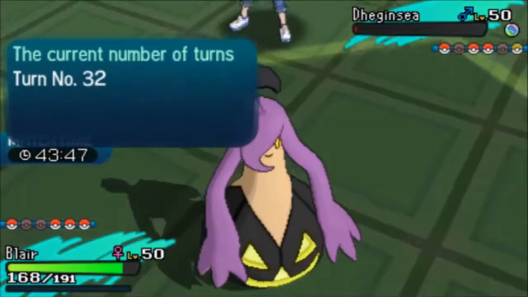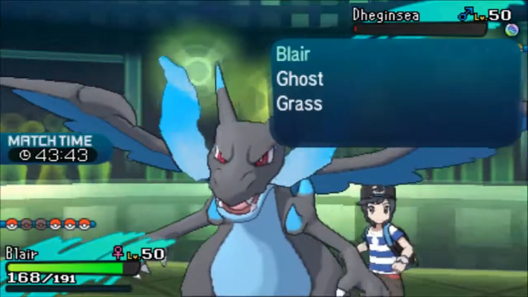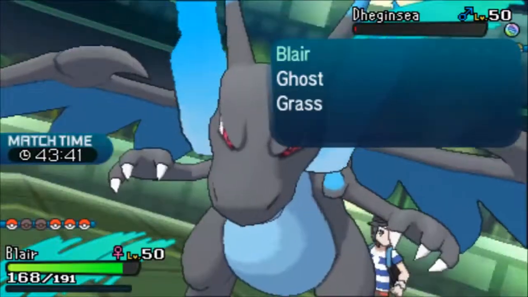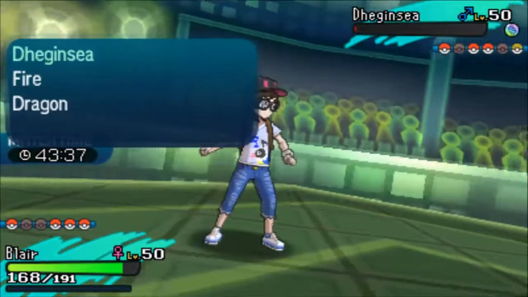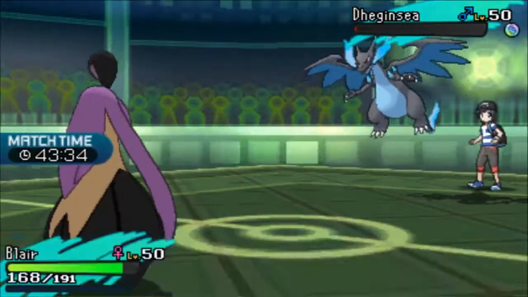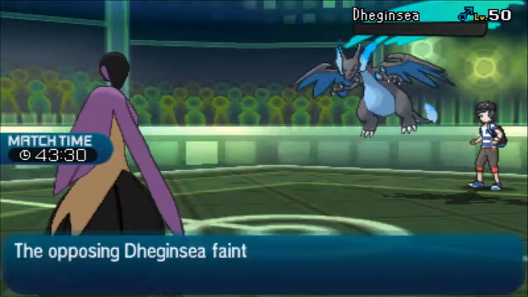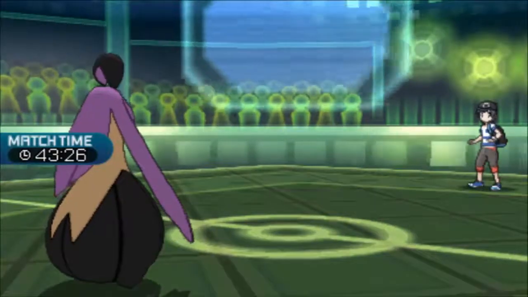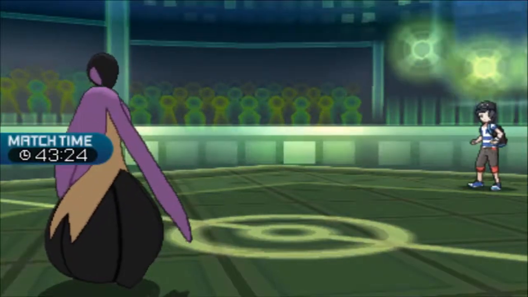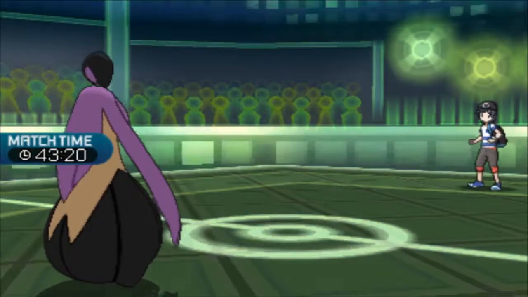Oh, this Charizard. I really want him to stay in. Okay, stays in, and Blair's going to pick up the kill on the Zard. Blair was literally made just to deal with a Charizard. Oh, I had Occa Berry as well. So if he was at +1, and he went for Flare Blitz, thinking he can just win at that point...